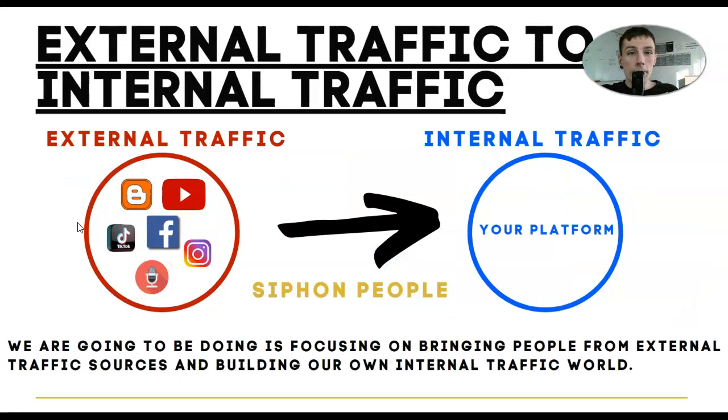Now ultimately what you want to do with this traffic, and this is the influencer traffic generation strategy, is that all these different channels that we're siphoning people off are external traffic sources, and we don't really want to build our business on these external traffic channels. What we want to do is siphon people to our internal traffic world. There are influencers out there all the time building audiences, and it's not really our job to understand the algorithms and how to reach our audience on Instagram or any of these external sources. That is the influencer's job.